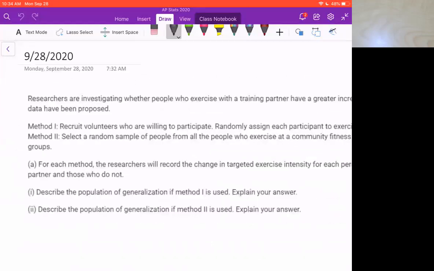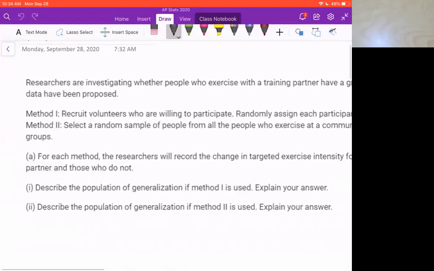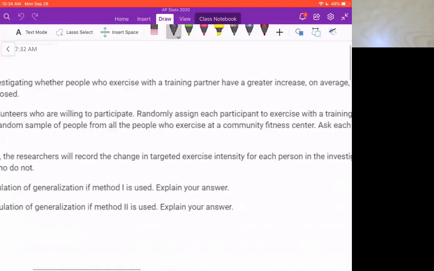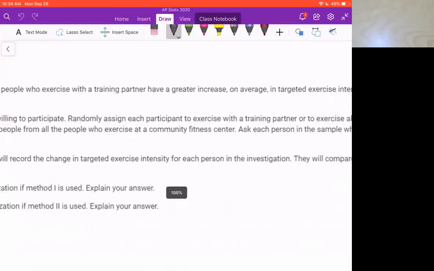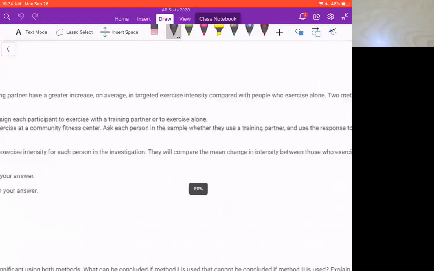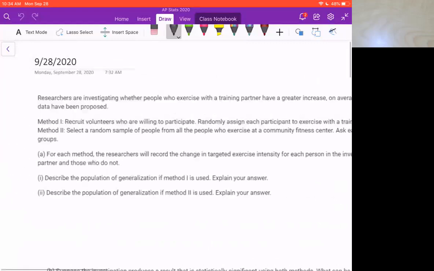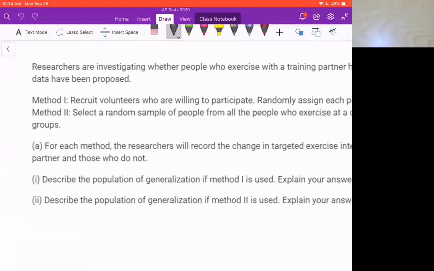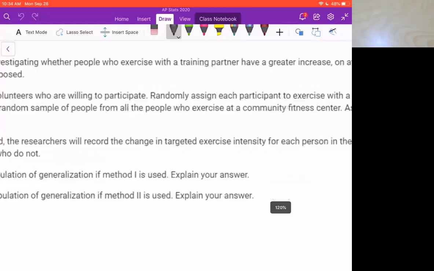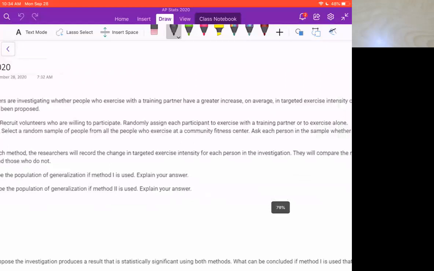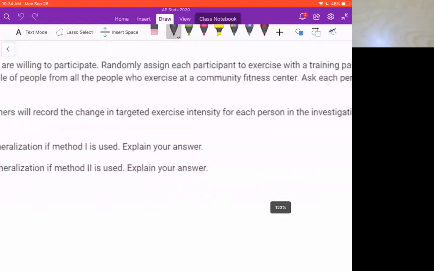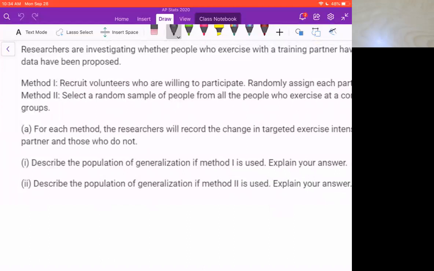Method two, select a random sample of people from all the people who exercise at a community fitness center, and then ask each person in the sample whether they use a training partner, and then use their response to create the two groups. Okay? Now, part A says for each method, the researchers will record the change in the targeted exercise intensity for each person in the investigation, and they will compare the ones that used a partner versus those that did not. Okay, so first question says, describe the population of generalization